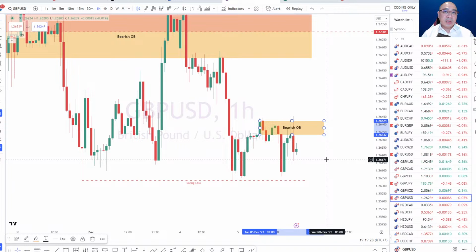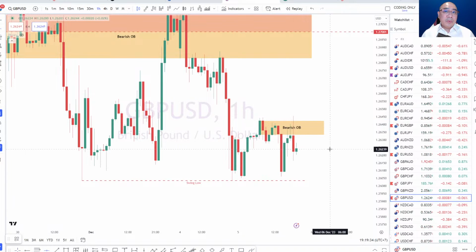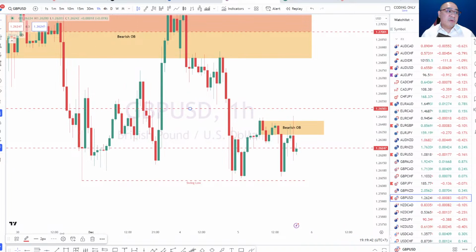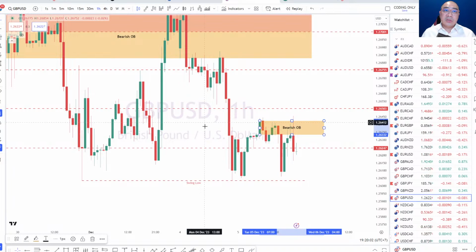It doesn't fall into any psychological range, because when we take a look at the psychological levels in the market, we're going to be looking at 1.2625. Just a little bit rough here, but bear with me. 1.2650 and 1.2675, right? About there. Those are going to be our psychological levels. We already have the 1.26 over here. So we've got 1, 2, 3, 4, 5, right? There's always going to be 5 psychological levels in every 100 pips. Now, this doesn't fall anywhere in between. So technically, there's something here that's actually blocking the bearish order block.